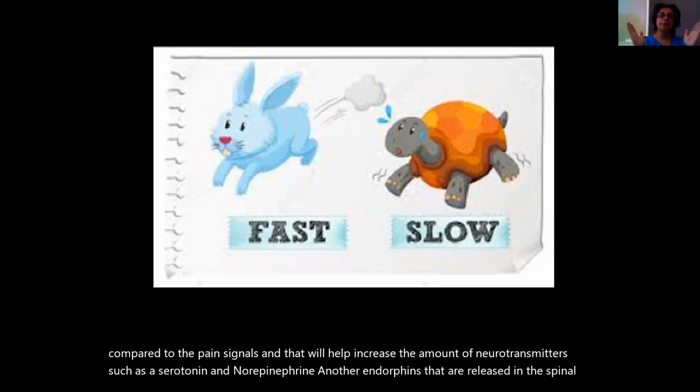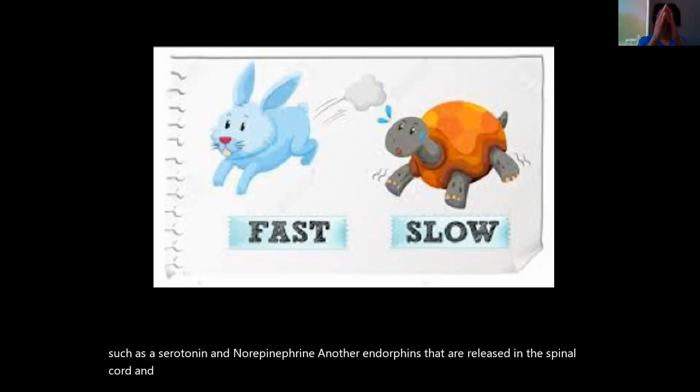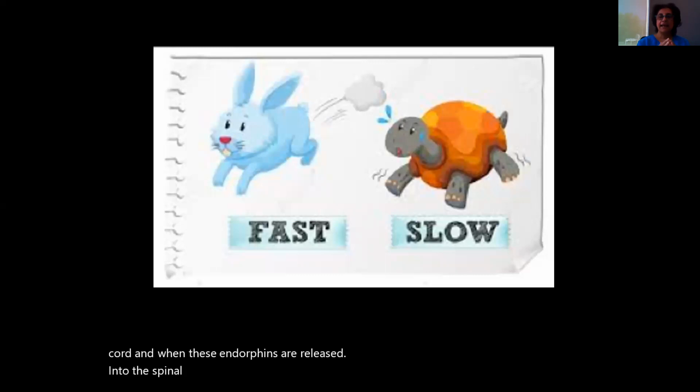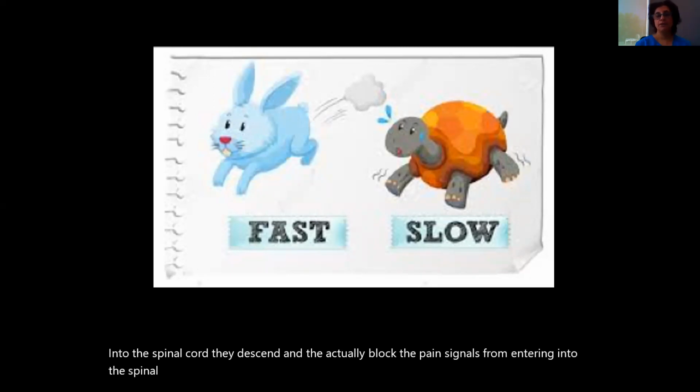And when these endorphins are released into the spinal cord, they descend and actually block the pain signals from entering into the spinal cord and registering up to be perceived as pain. So this is in essence what happens with a chiropractic adjustment when you're looking at the clinical,